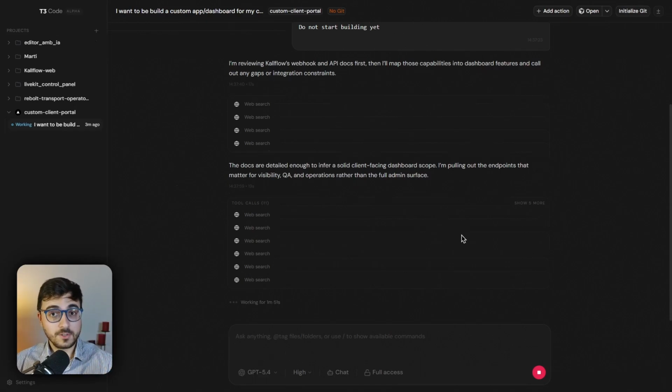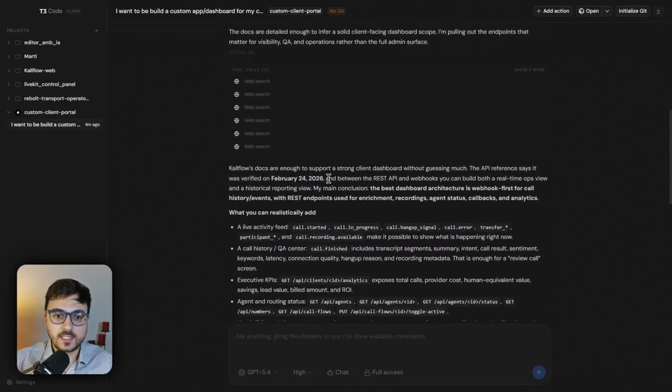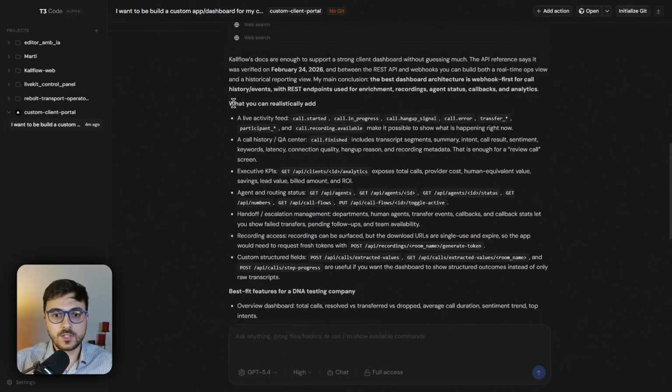Okay, but CallFlow gives you a lot of information, so you can play around with a lot and do really cool stuff with the information that CallFlow provides you with. Awesome has ended its research. So basically what you can realistically add: a live activity feed, call started, call in progress, call hang up signal,